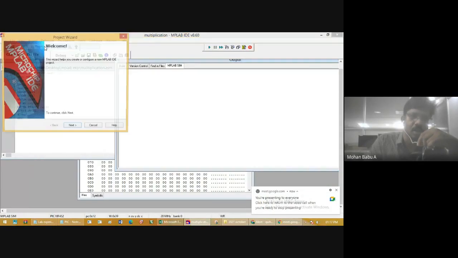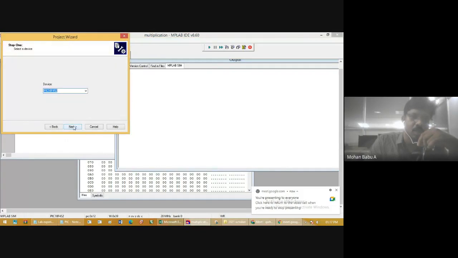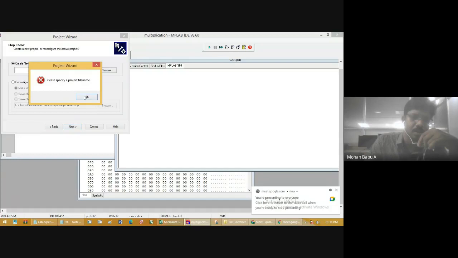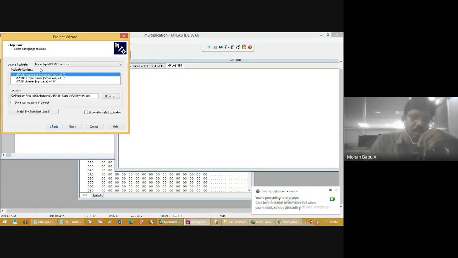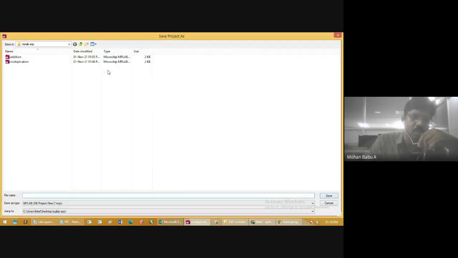Project wizard. Okay, project wizard. Then click next. Choose the device. Pick 18F452. Then click next one more time and select this icon, store to location in project. Then click next and go to browse. On the desktop, I created one folder called NT-Lab Experiments.